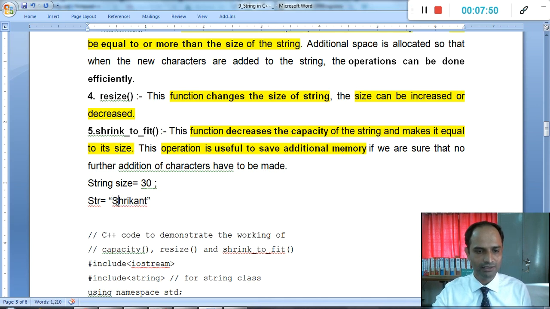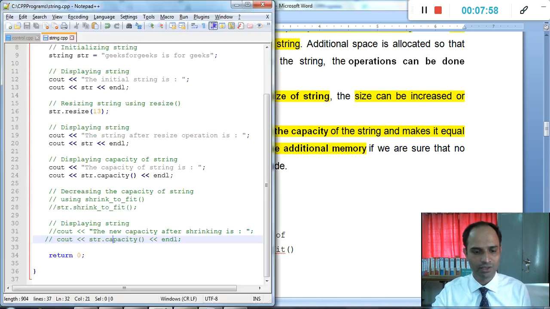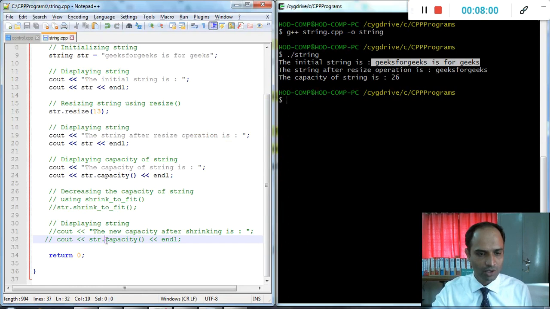The size of the input string is 1, 2, 3, 4, 5, 6, 7, 8. Then we apply the function on the current string.